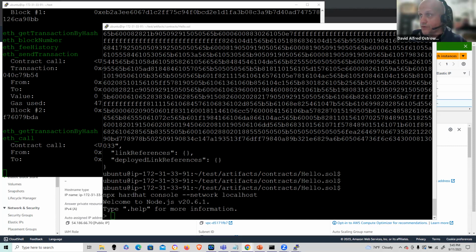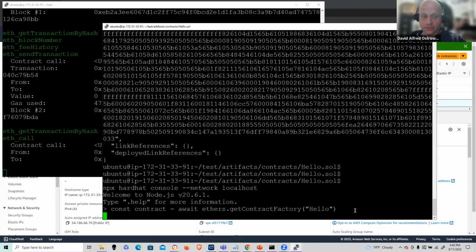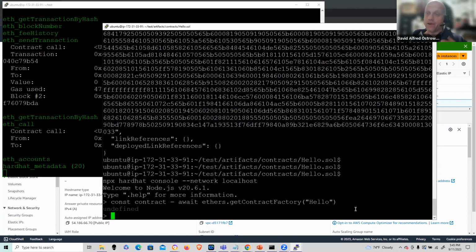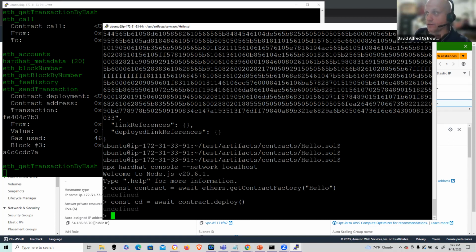And I'm going to want to access the contract, so I'm going to read it in. At this point, I'm using get contract factory. So I'm actually reading in the contract again, but the JSON file that's being generated, if I do a redeploy, which I am going to do, it's going to be the same file, so I don't have to worry about that. But all that information needs to be accessible, okay, if I want to do the post-processing and do it in a way that